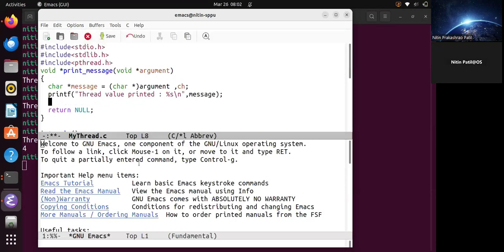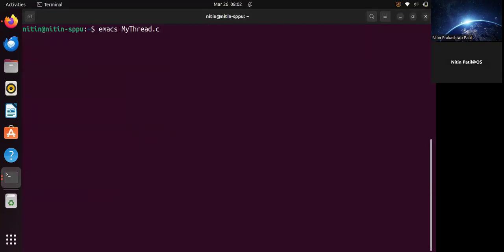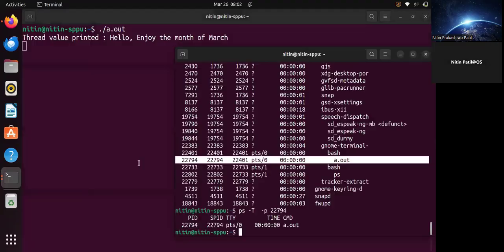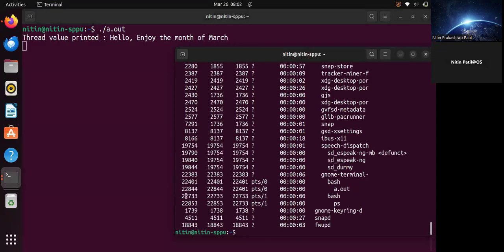So before returning null, we'll write scanf %c, &ch. Okay, now let us compile. Now we'll execute. Okay, now let me display this again. So what is the PID here? Again,